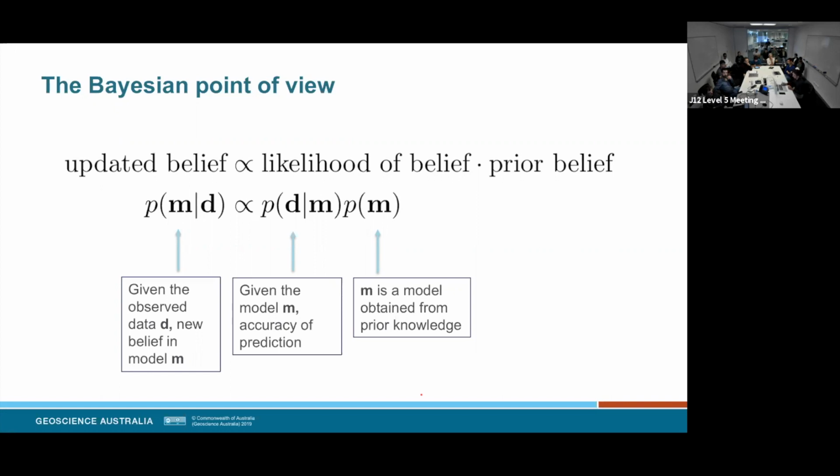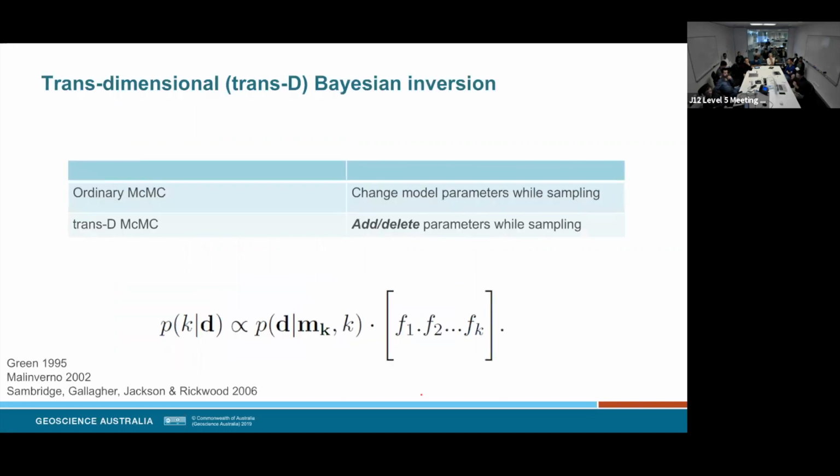We will get into some aspects of model selection now. So some of you here might be familiar with transdimensional methods or the reversible jump Markov chain Monte Carlo algorithm. And the primary difference between ordinary MCMC and trans-D MCMC is that the number of parameters that you are sampling over is also something that you are sampling over. So you could immediately ask, to those that are not familiar with the reversible jump method, aren't you overparameterizing, or how do you penalize complexity, and what do you do about having this number of parameters that could just run away from you?